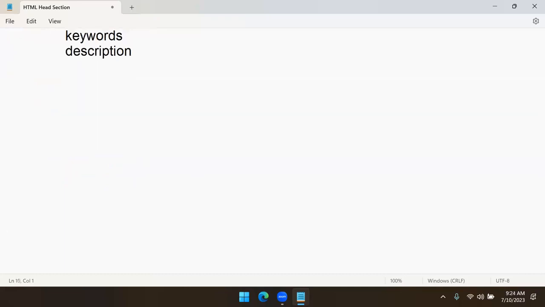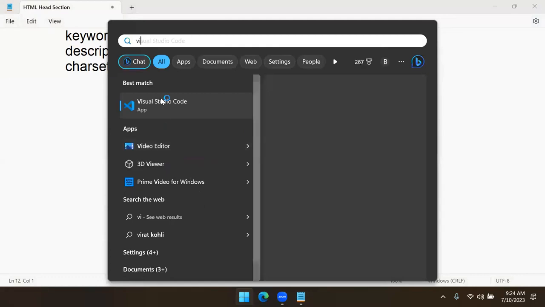So another SEO friendly option is how we can work with the concept of charset. For SEO friendly, one more important option is character set. So you have another option called character set. What is this character set? Let's see. Actually, when you are designing a web page,